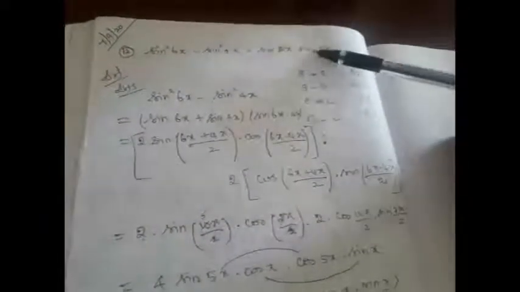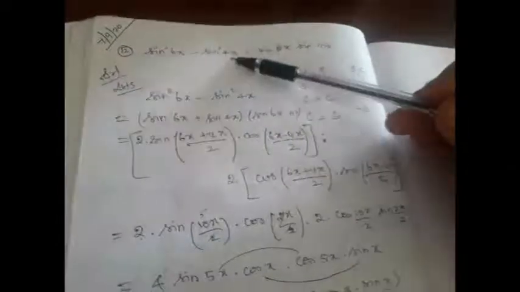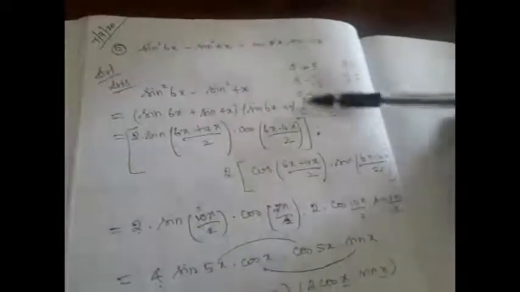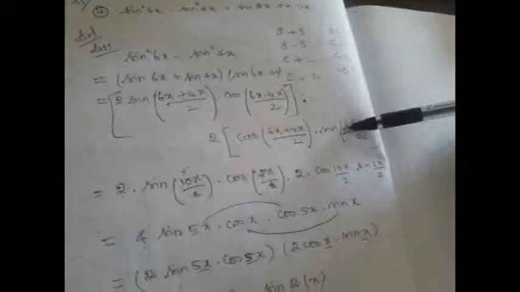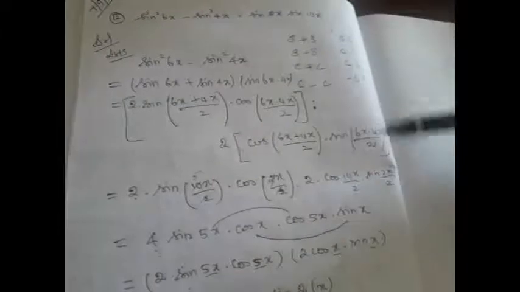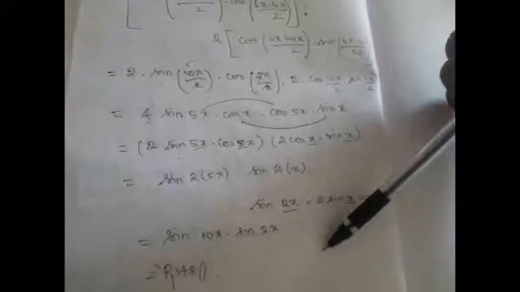Now what we did in this problem: since we need to prove a product of two functions and the question is in the sum or difference of two functions, we used this set of identities. But to use this set of identities, we need simple sine and cosine functions, but here it is squared. So initially we applied the a plus b into a minus b identity, which is a square minus b square, and then we applied this set of identities. We arrived at some values, but this is not what you need to prove. So we rearranged the terms and again used the sin 2a formula to arrive at the given solution, right? Hope you understood.